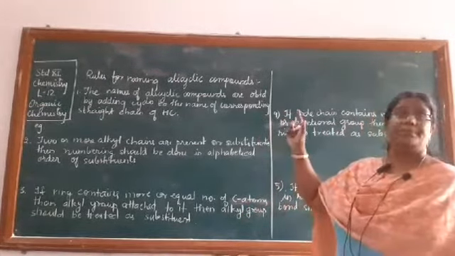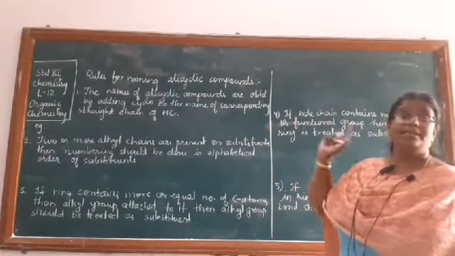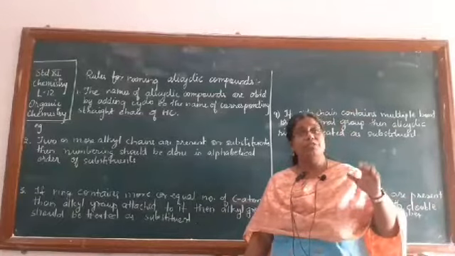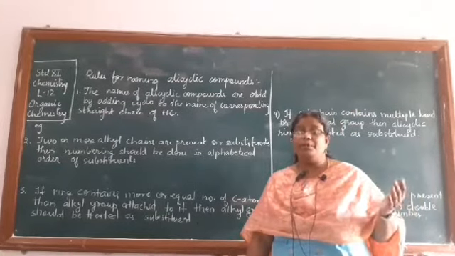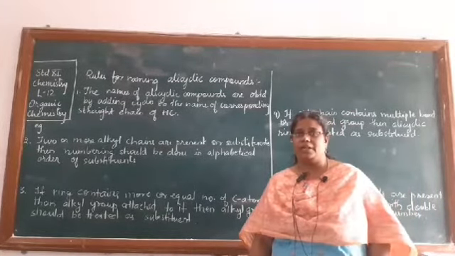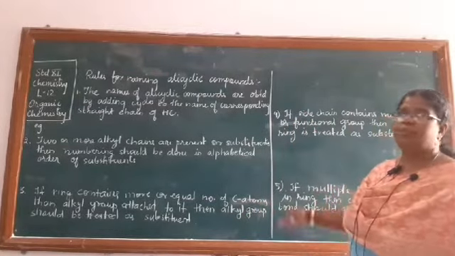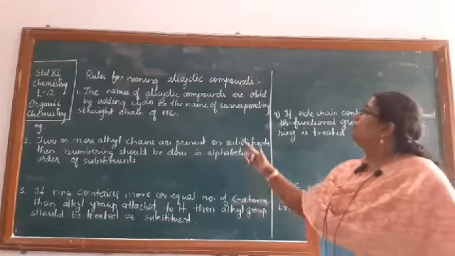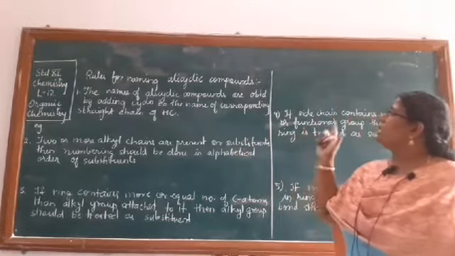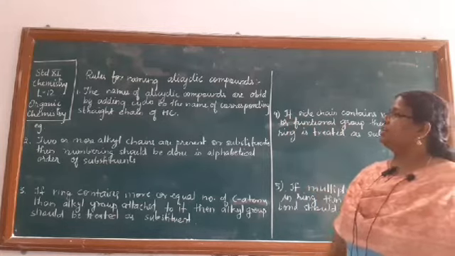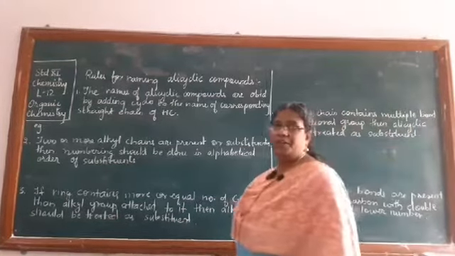Now rules for naming alicyclic compounds. Alicyclic compounds means the cyclic compounds which have properties similar to those of the straight chain alkanes. So that kind of compounds we will name, we will see how to name them. The names of the alicyclic compounds are obtained by adding cyclo to the name of the corresponding straight chain